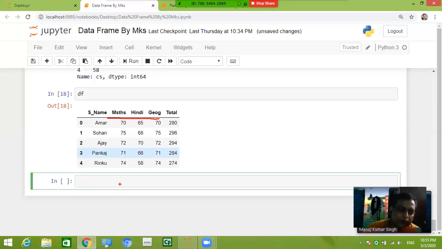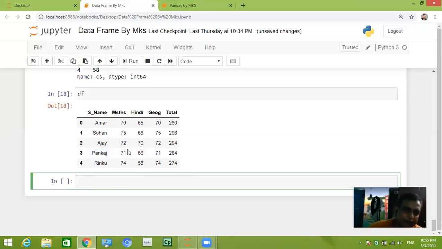In the same way, if we want to delete another column, you can use the del function also. del df, and which column you want to delete. Suppose you want to delete math.